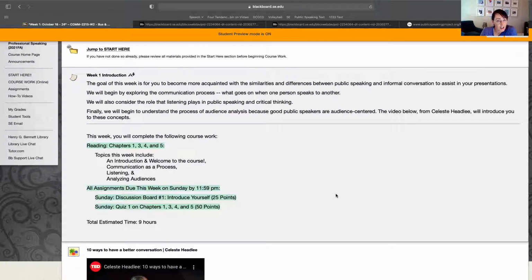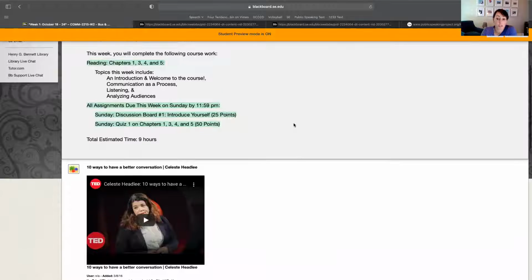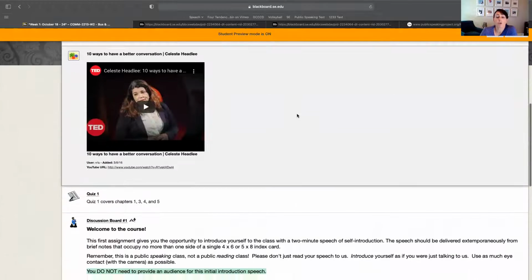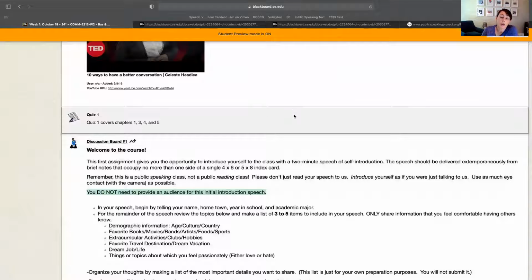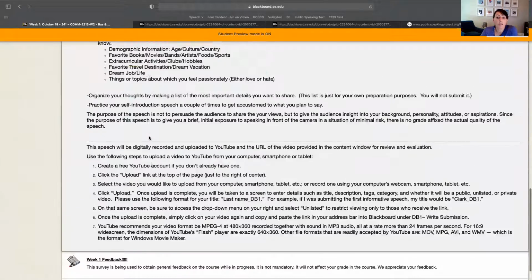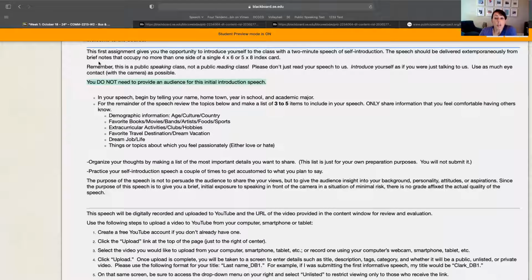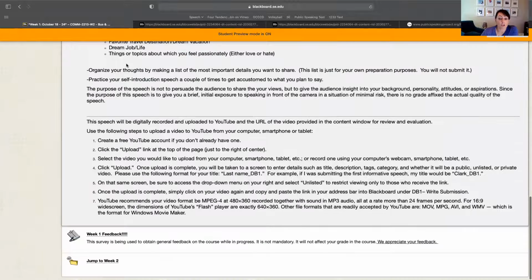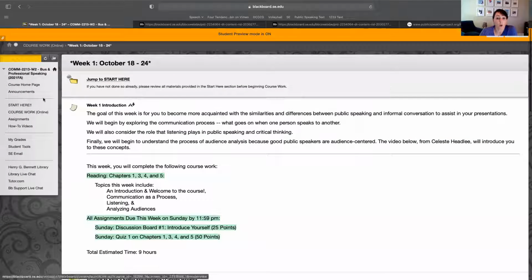I want it to be easy to find so you know what you're supposed to turn in. And of course, all this information is in your syllabus as well. Included in your folder is additional information and assignments that you will need to complete all of the work for that week. You see the link to your chapter 1, your quiz 1, and then you also see the prompt and extensive instructions for completing discussion board number 1. You need to read all of the instructions and follow them closely. Week 1 feedback, you can do feedback if you want to, you don't have to. Okay, so that's what all of your weeks are going to look like.